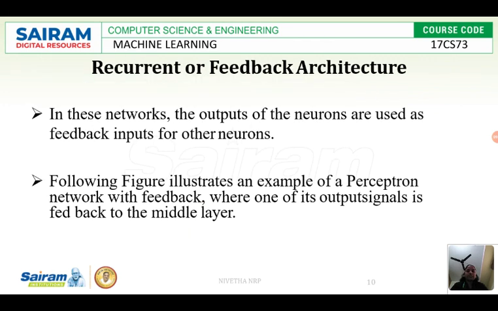The next type is the recurrent feedback architecture. Whenever you don't get the expected output, you progress back. The last two methods are unidirectional, from the input layer to the output layer, but in this recurrent or feedback architecture, whenever you don't get the expected output, it back propagates and tries different weights.